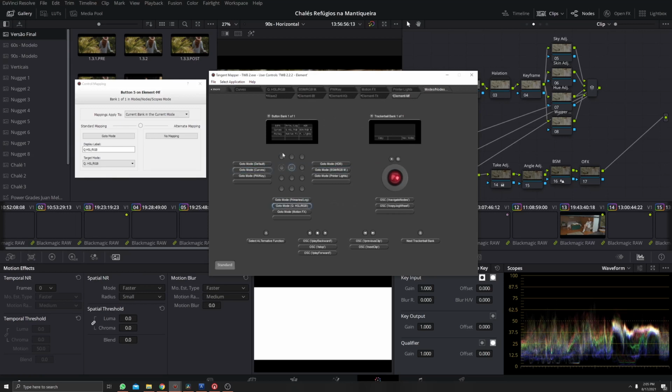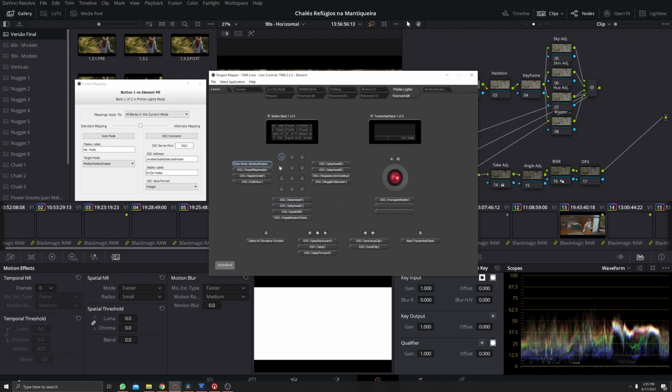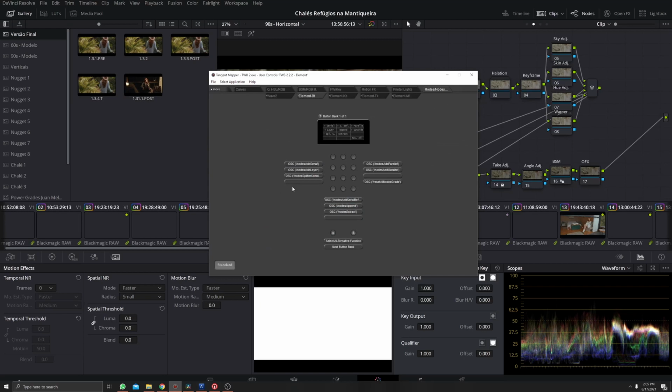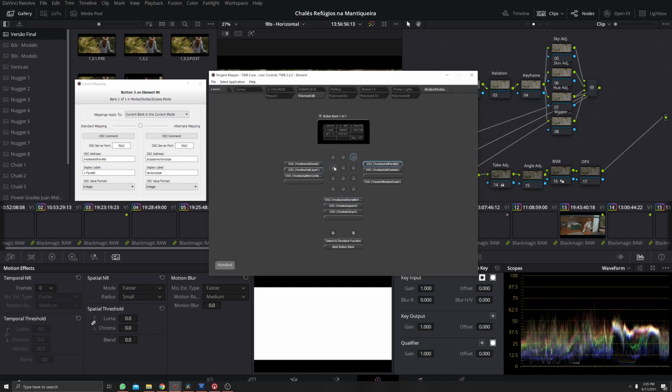The last mode, which is the selection mode, of course we can choose between each mode, so we can navigate between modes very fast. It doesn't matter where we are, we just click on this button and we're going to be here on the mode selection, and we can navigate between modes. But we have some nice things here too. On the mode selection, we have control for our serial nodes, so we can add serial nodes and parallel nodes, layers. We can add or remove nodes.